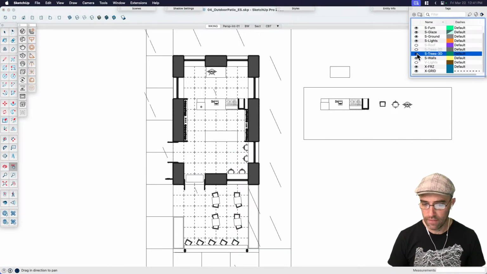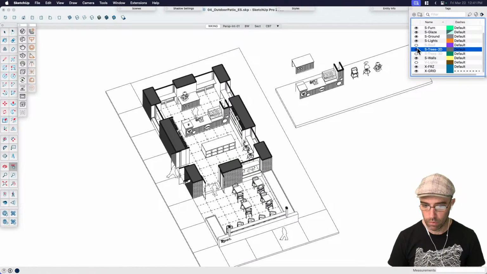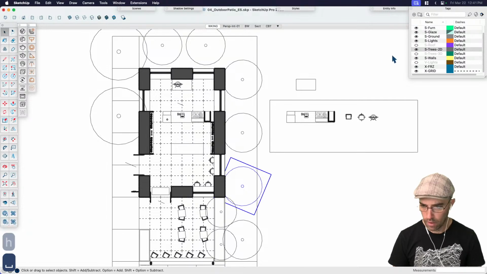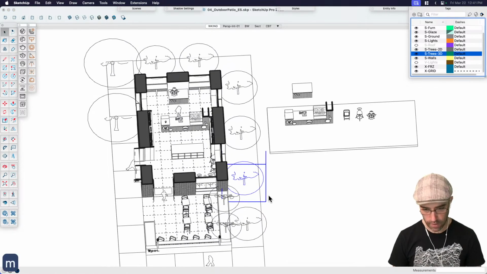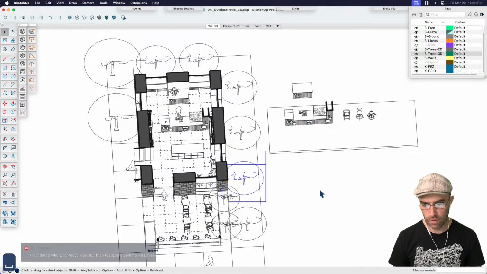I also have trees. I have two kinds of trees. I have my 3D trees, which are not really 3D. They're really just face me. I call them 3D because they're off the ground. And I have these 2D trees, and they're embedded within one component. So if I copy, for whatever reason, I want an extra tree, I'm getting both the face me and the 2D. So what I want to do here is